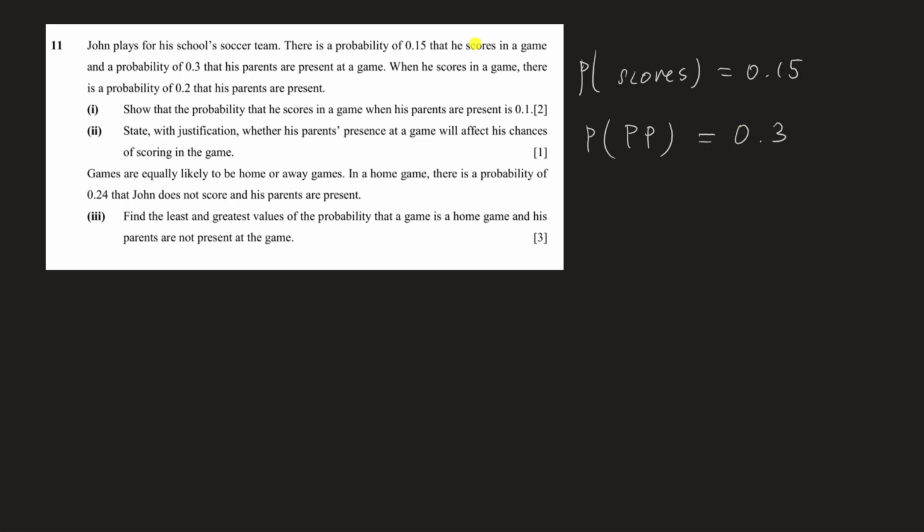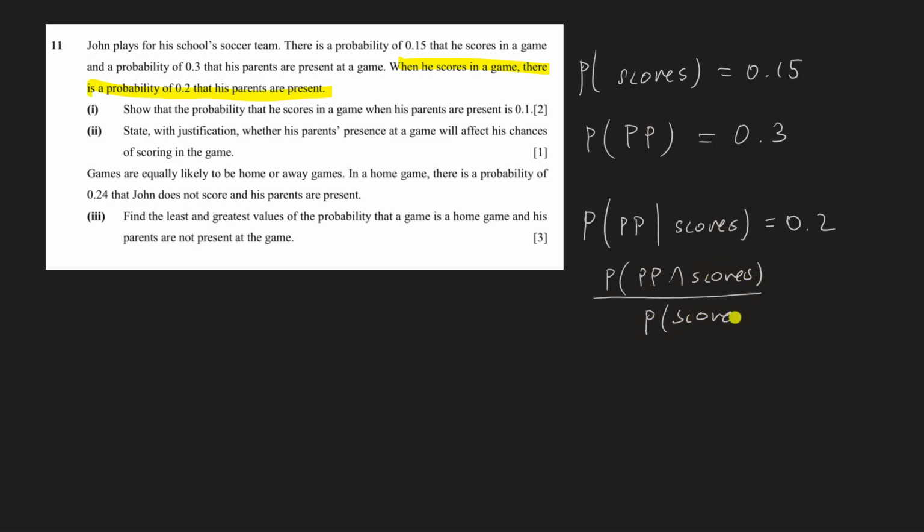So in order to convert this sentence into math notation, you have to make use of conditional probability. When he scores means given that he scores, the probability that his parents are present. So the probability that parents are present given that he scores is equal to 0.2. And the left side can be converted to this, right? P(parents present and scores) divided by P(scores) equals 0.2. What's the probability that he scores? 0.15. So I'm going to replace this by 0.15. Cross multiply, I know that parents present and he scores is